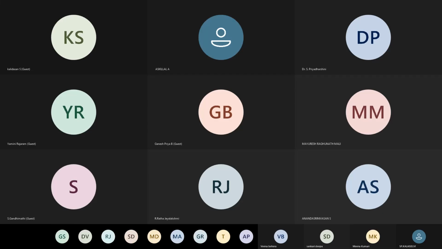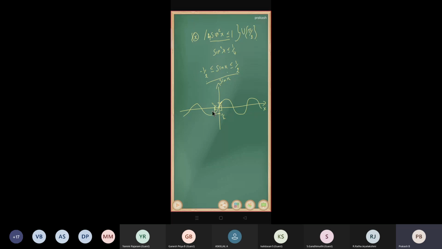Closed interval, minus 5 by 6 to plus 5 by 6. It's a closed interval, right? And we have one more element, that is 5 by 2. And here also we want to collect between minus 1 by 2 and plus 1 by 2. So this is also a closed interval,